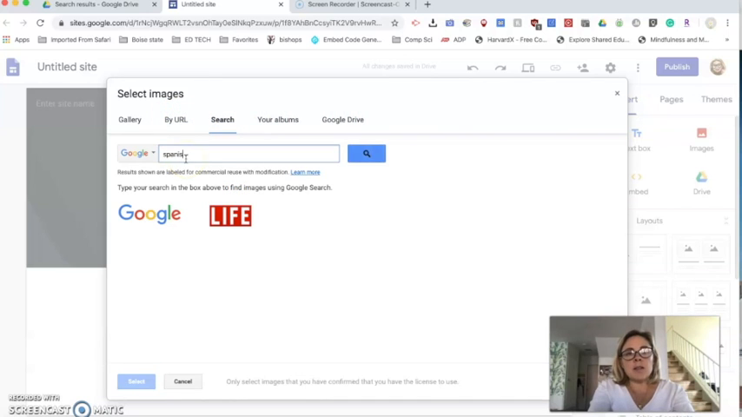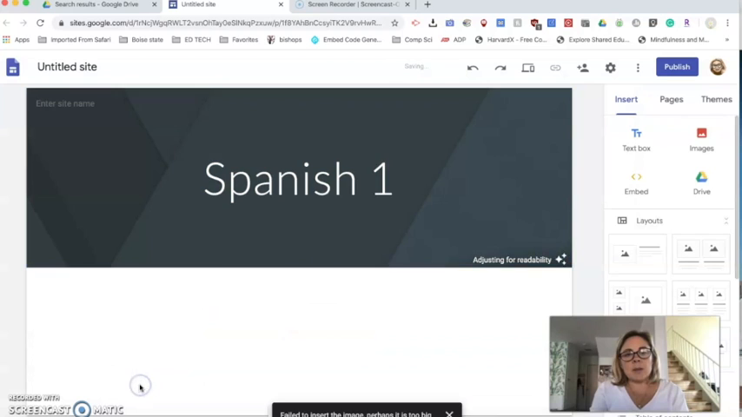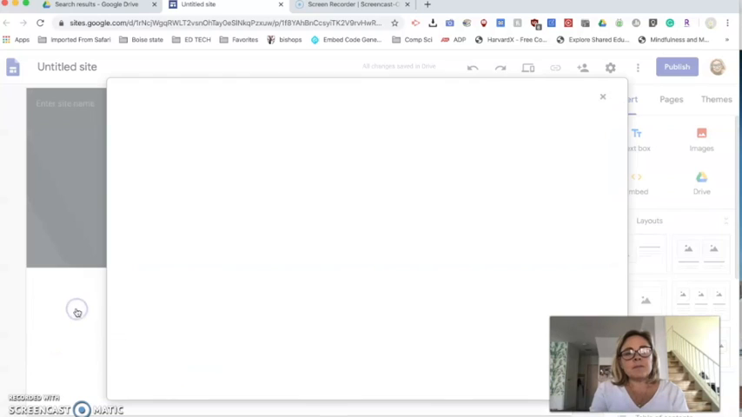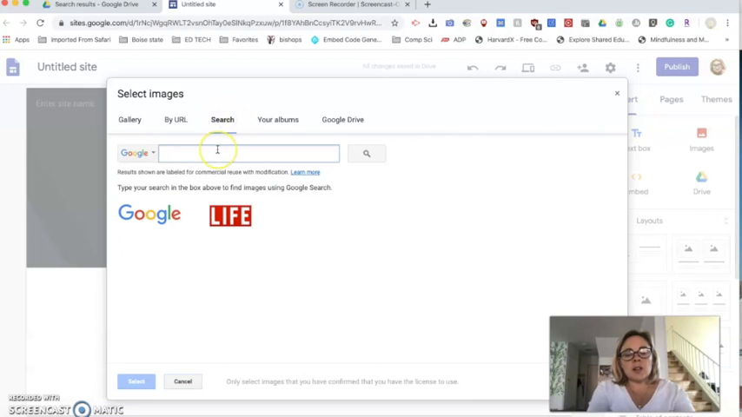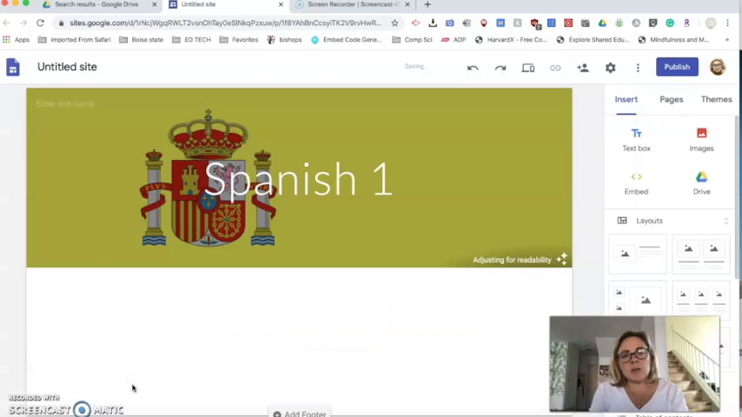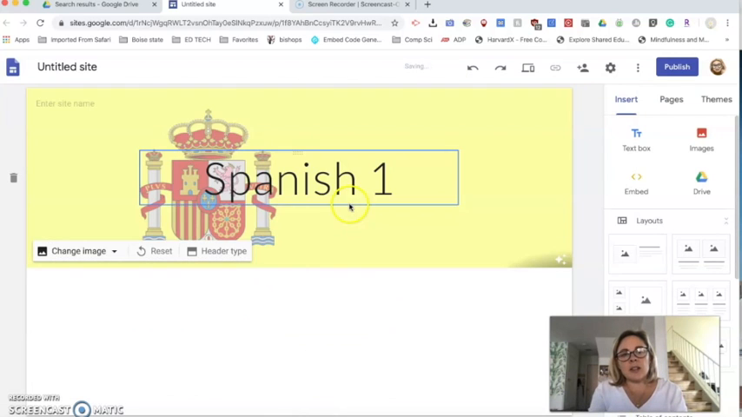So maybe, for example, let's look up something for the Spanish flag. Maybe I want the Spanish flag as my header picture. Oops, too big it said. Okay, let's try a different image. Let's try Spain. See what comes up. Okay, so I don't know, we'll try one of these and see if that works. There we go. Okay, so I have a nice new header here for my class,